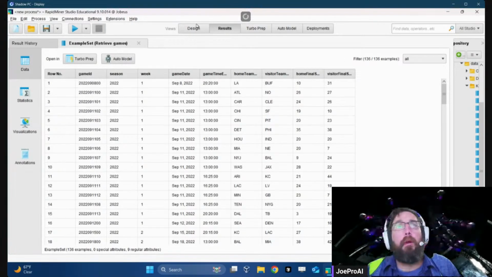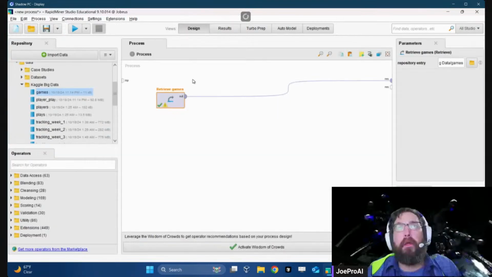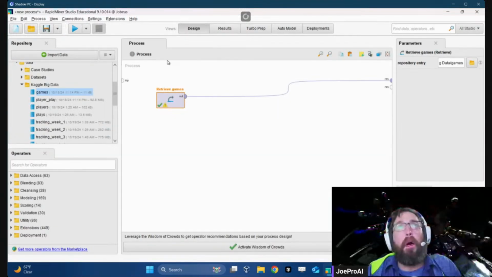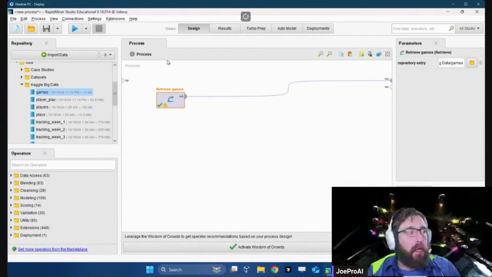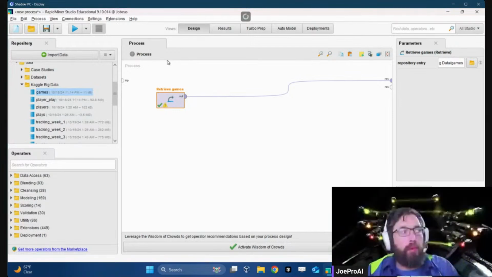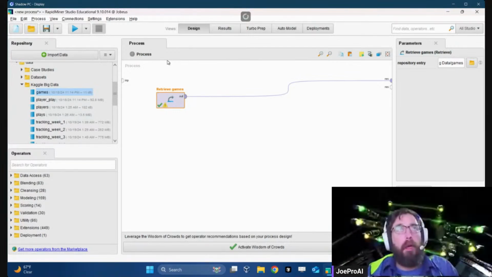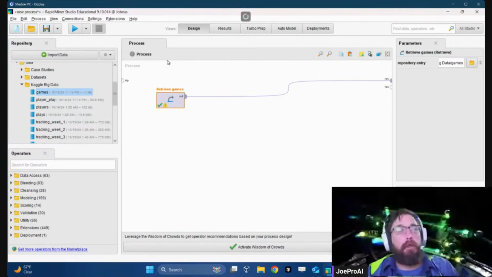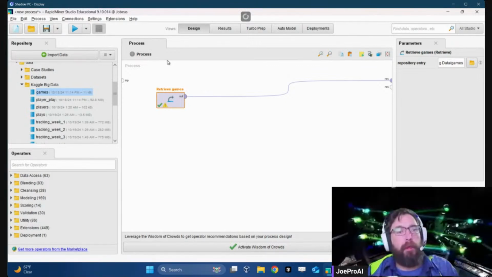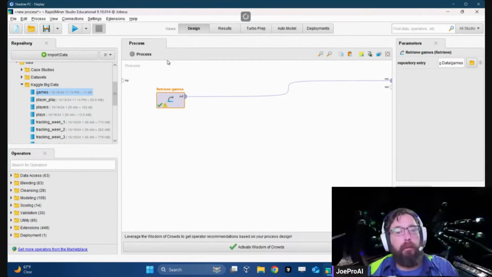There we go. Okay. All right. So what this software does is that it basically allows you to manipulate data sets and create models that are predictive off of pretty much what you want to build off of it.